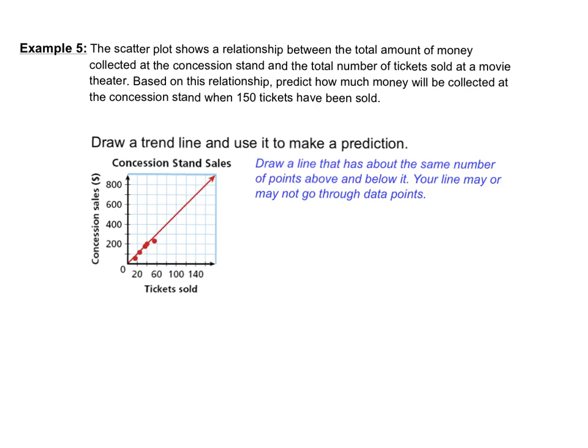Okay, example 5. The scatter plot shows a relationship between the total amount of money collected at the concession stand and the total number of tickets sold at a movie theater. Based on this relationship, predict how much money will be collected at the concession stand when 150 tickets have been sold. You can see my scatter plot down here, and a trend line has been drawn. If we look at 150 tickets, so it says, let's see, 120, 140, 160. So 150 is about